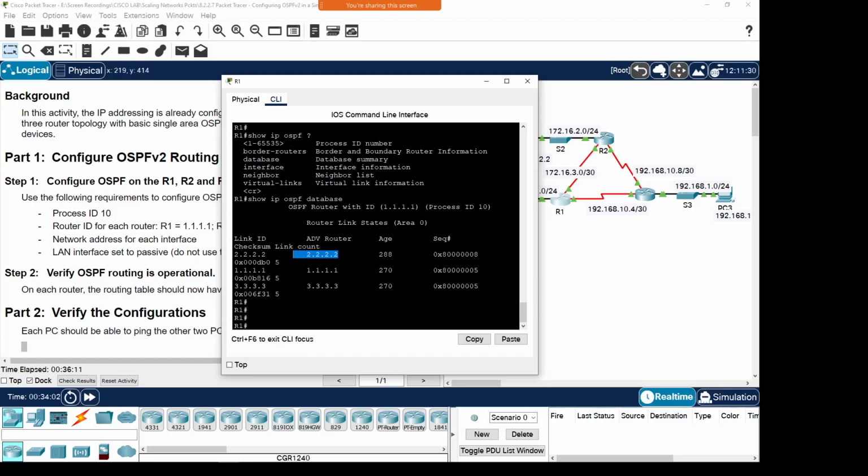So it actually has the advertising router information as well. Okay. There's an age time for the LSAs because after a while, the LSAs get removed. Okay. So there's also a timer for that as well. And then they have to exchange information again. All right, cool. That's all we needed to do for the first activity. All right. So